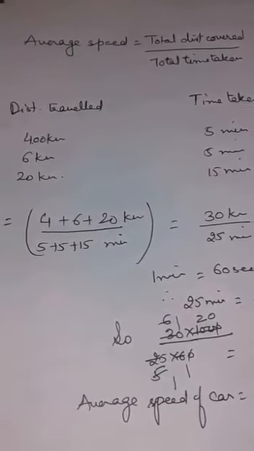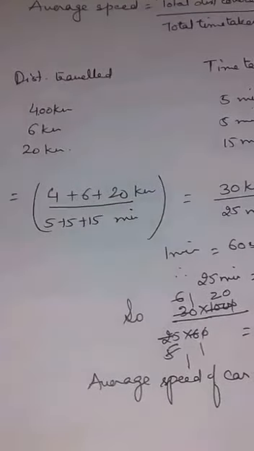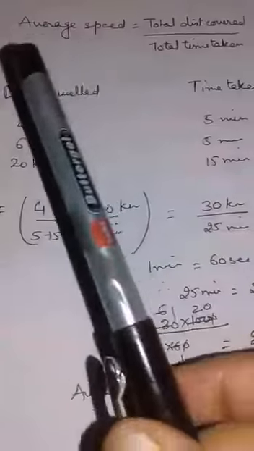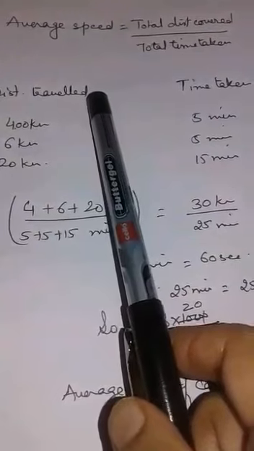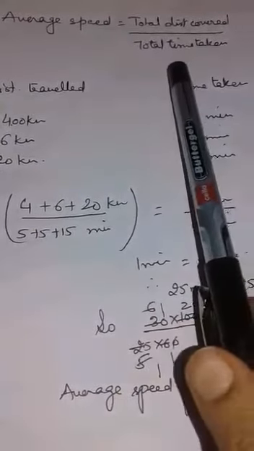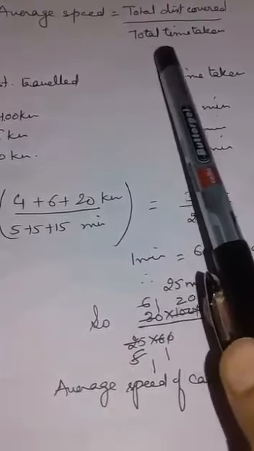Good morning everyone. Today I will continue with the rest of the topic of chapter number 2, motion. Average speed. Average speed is defined as the total distance covered by the object divided by the total time taken